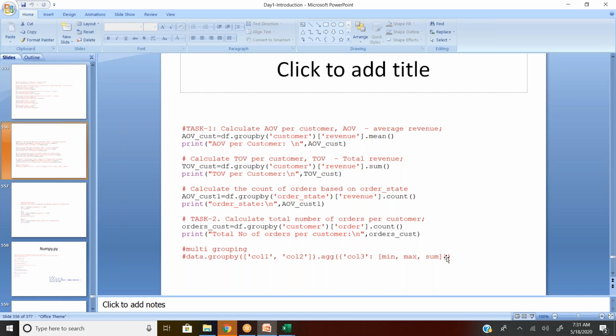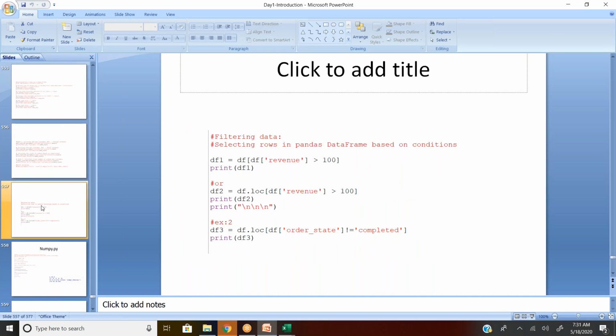So if you want to do multiple aggregations using the group by function, where group by is on multiple columns, then you can go for multi-grouping. Multiple columns are used for group by, and multiple aggregate functions are applied. Hope you're clear. Filter is already explained: revenue is greater than 100, or order state is not equal to completed, I want to display. It's already explained.